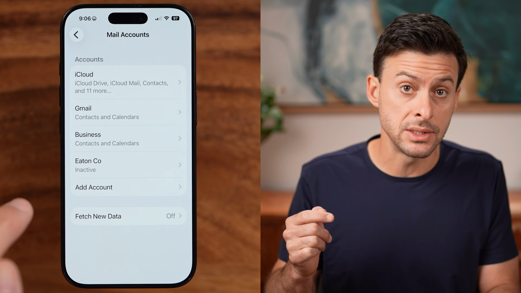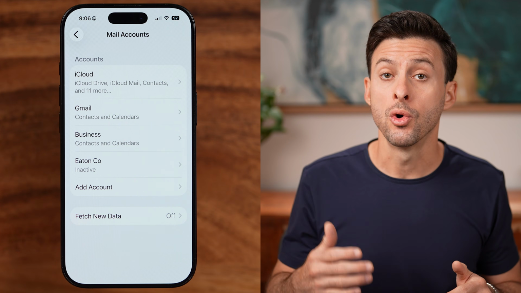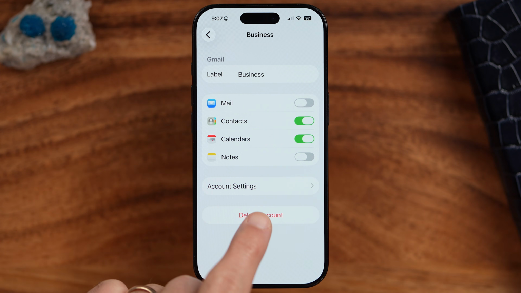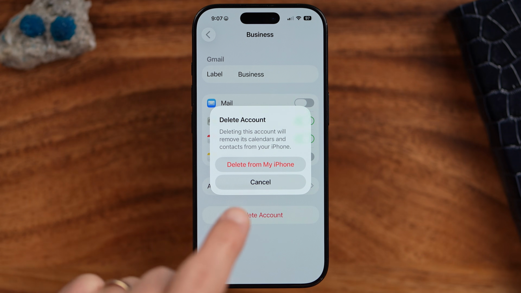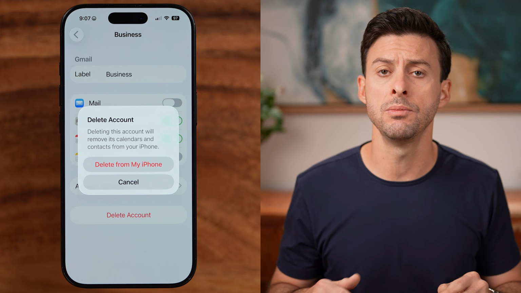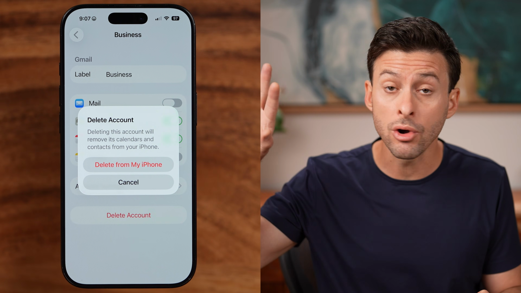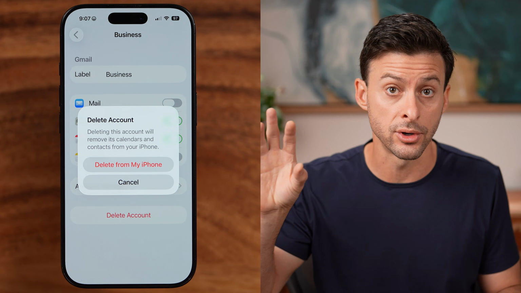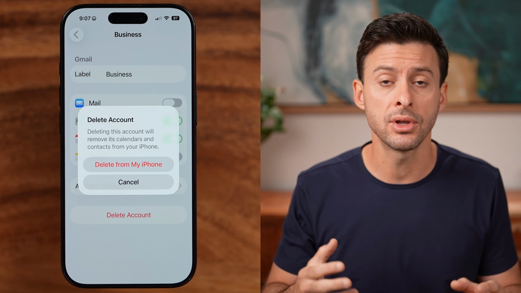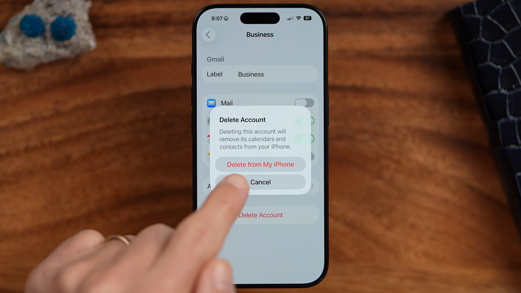Now, on any of these that you have synced up with your Mail account, all you need to do is tap on it and tap Delete Account and delete from this iPhone. Keep in mind, this doesn't delete any of your emails or attachments because they're all still stored in the server itself. So just go through, and if it is getting significantly larger than you would like, just go through and